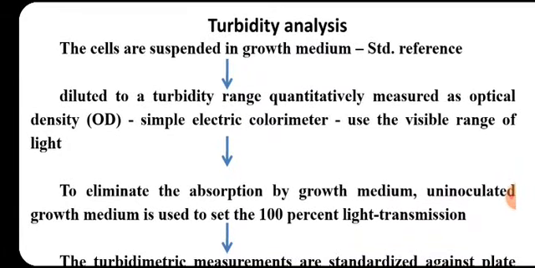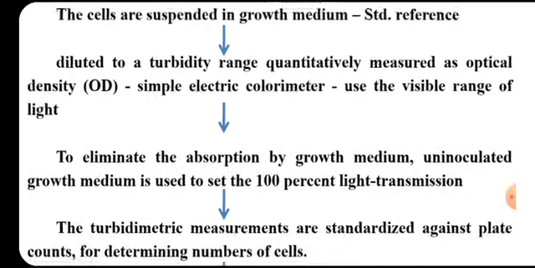So the first thing is that we must have the desirable organism, we have to take its growth, prepare the suspension and dilute the suspension so that we'll get different ranges of turbidity, different tubes containing different turbidity, different optical density. Then this optical density can be measured by using a simple colorimeter, which makes use of a visible range of light. After the measurement of this optical density,